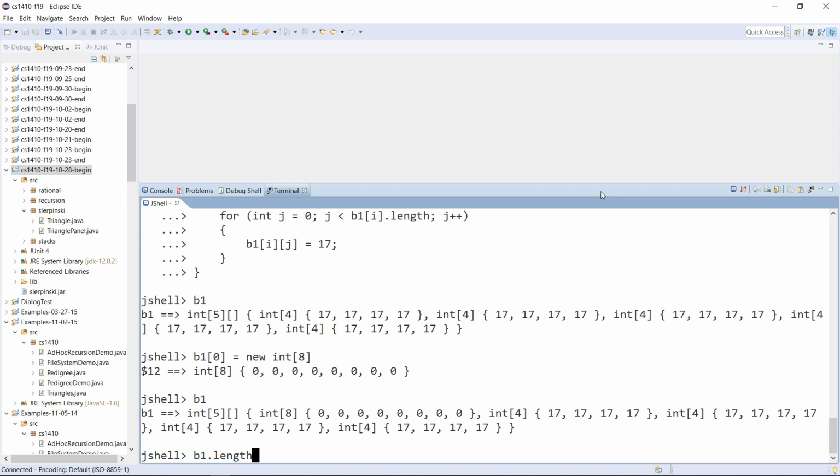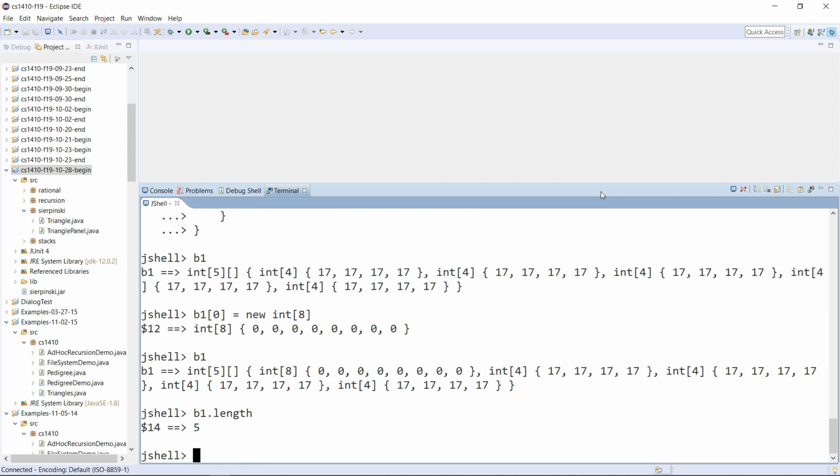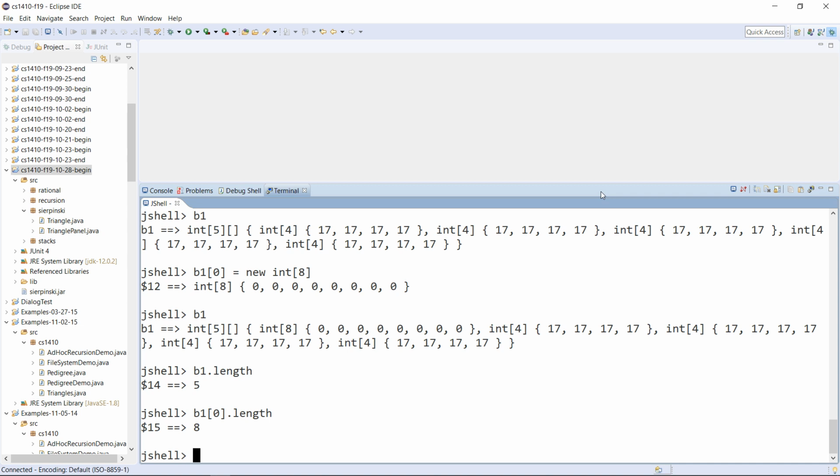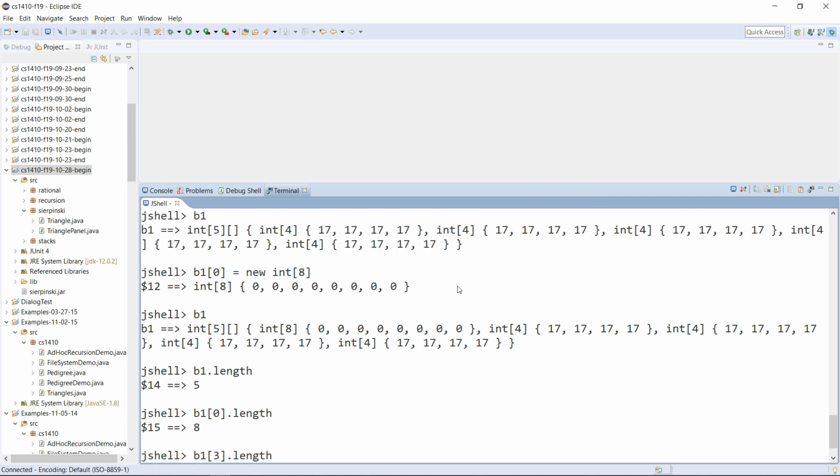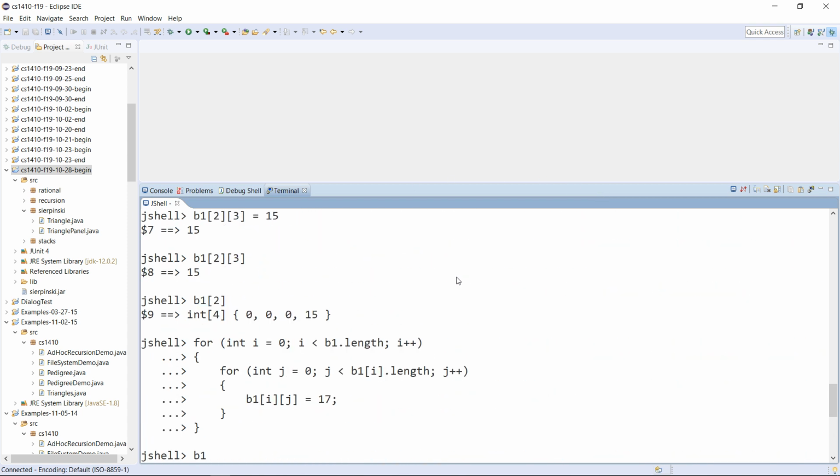How many elements in B1? 5. If I ask for what's this? Yep, that's 8. That's the array I just stuck in there. If I ask for any other row, like 3, I get 4 back. Okay? So the takeaway for the assignment you're doing is you're going to want to create, if you're using this